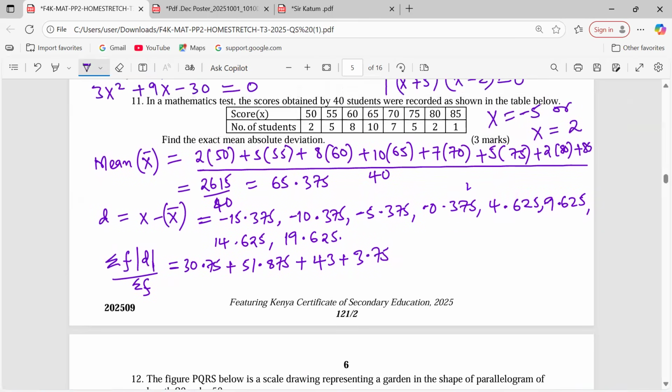I hope that is where we are. The next one is, I've multiplied that by 10. So the next shall be a deviation of 4.625 multiplied by 7. That gives us